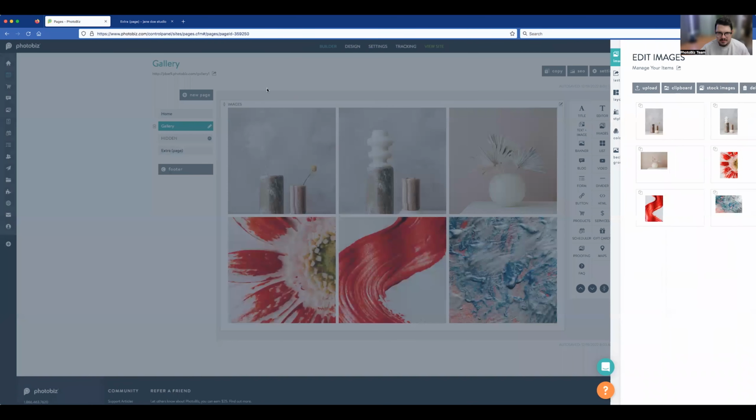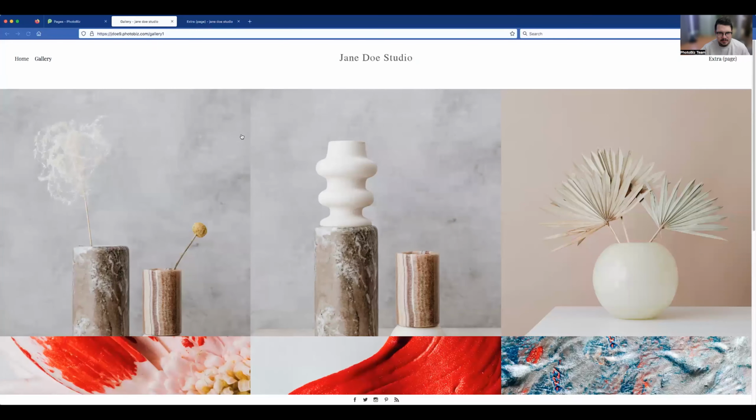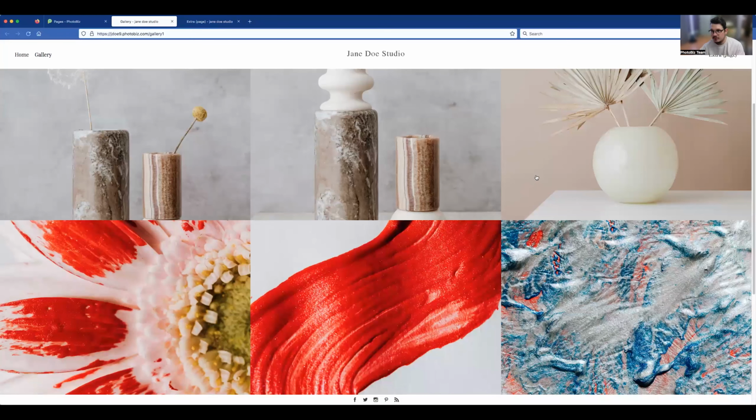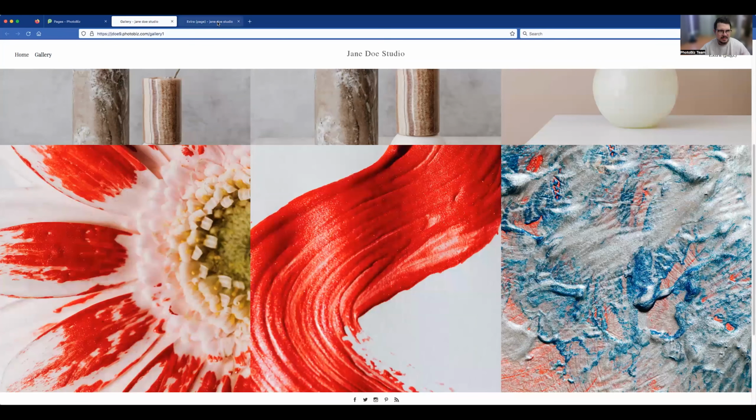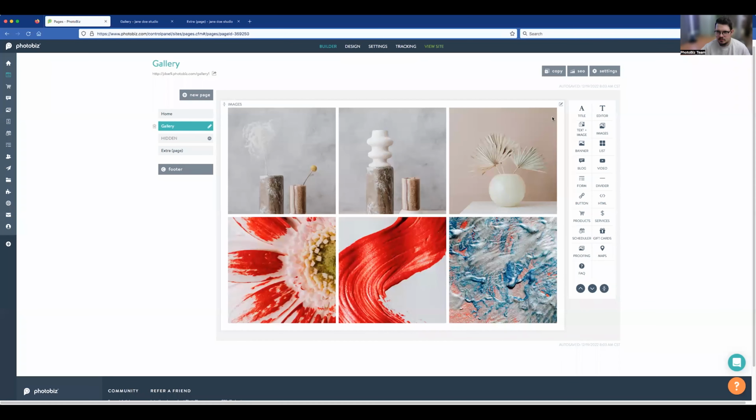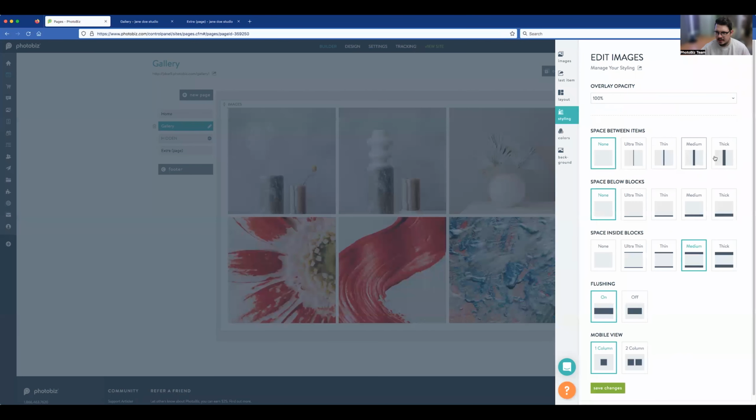And right away you have this design element. And when we look at this live, you can see they're kind of flushed up against one another. It looks beautiful this way, but we're taking away from what minimal design can really do. So let's add some padding in there and see how it really livens up the page. We'll go back to our styling. And let's go